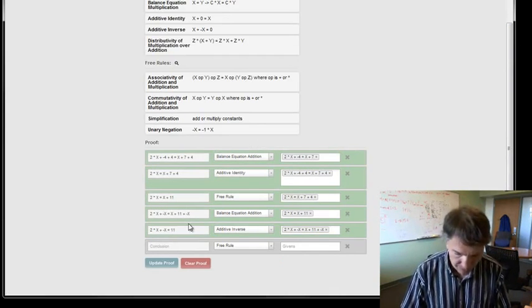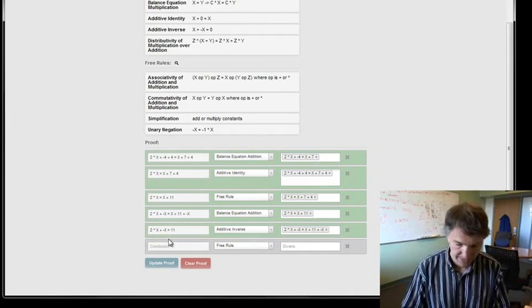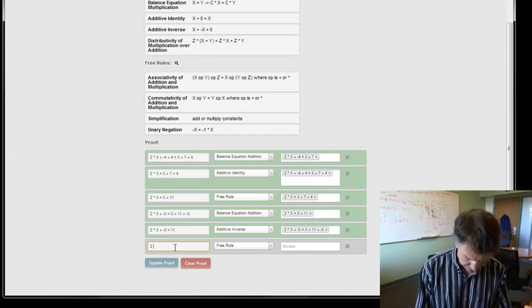And now we just have to work on the left-hand side. We got 2 times x plus negative x. And in order to get that into a form where we can simplify it, we're going to need to use the distributivity rule. We're going to need to pull out the constants that are in front of the x's. And so we can do that. We can say that